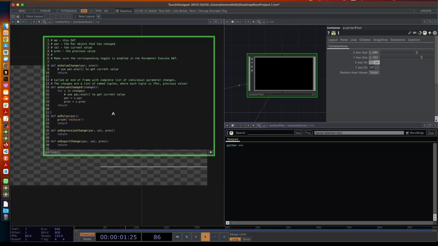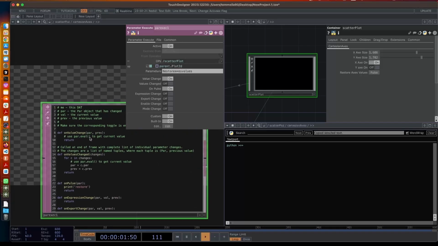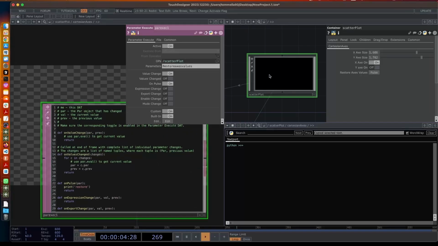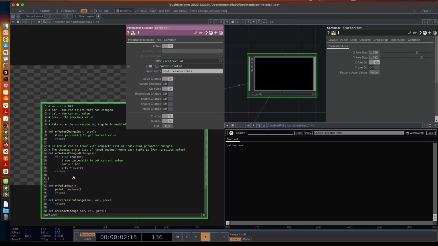First of all, let's create a variable to refer to this component, the scatterplot. The way to do this is quite simple, because as you can see here, we refer to the scatterplot component in this parameter. So we can create this: my op equals me par op. This will return a string, which is exactly this one. We can check and print my op,